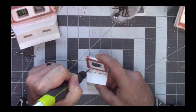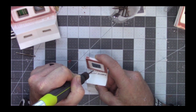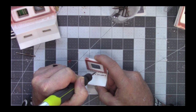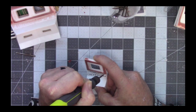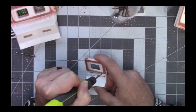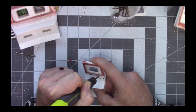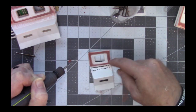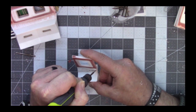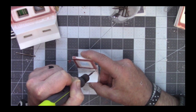And I have no problem coming back later and cleaning. I'm trying not, when it jumps like that, I'm trying to be very careful that I don't get it caught up and running on the top of here and gouging that a little bit, so I'm very careful. And like I said, if I need to,